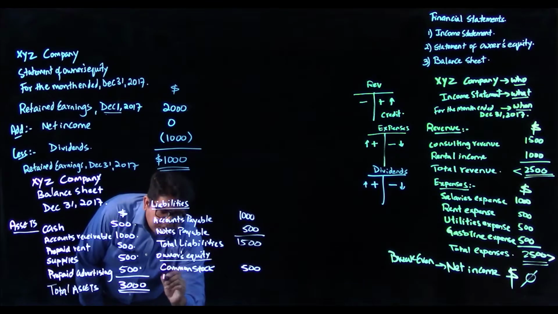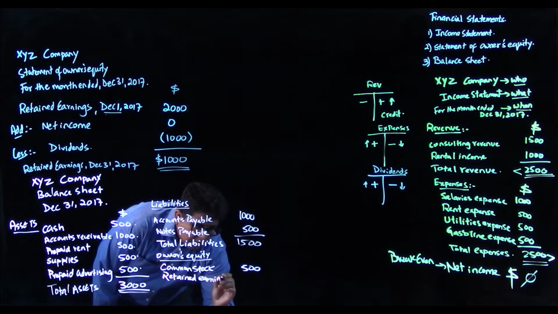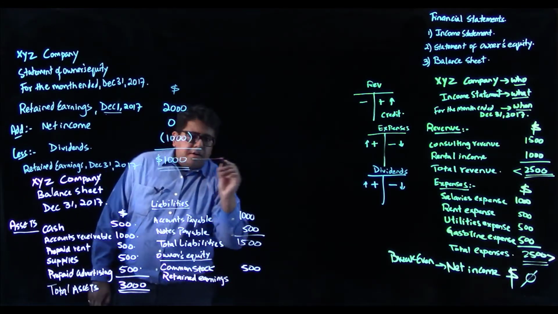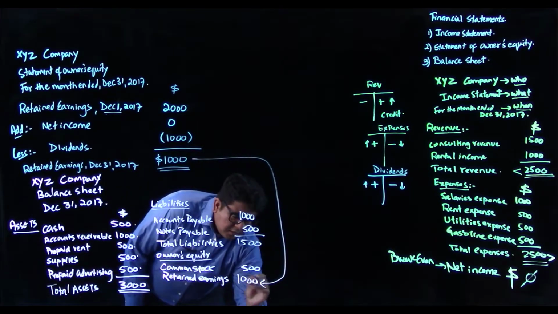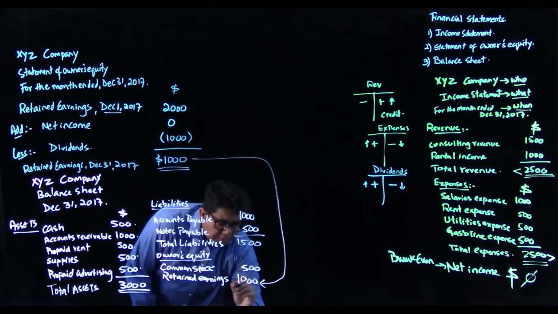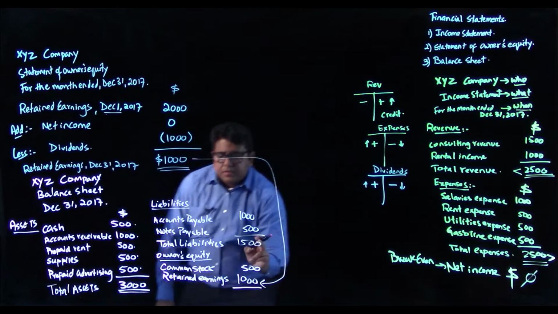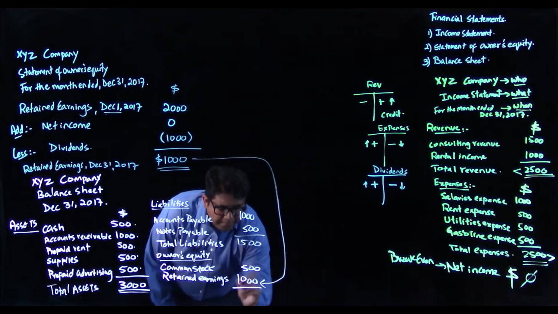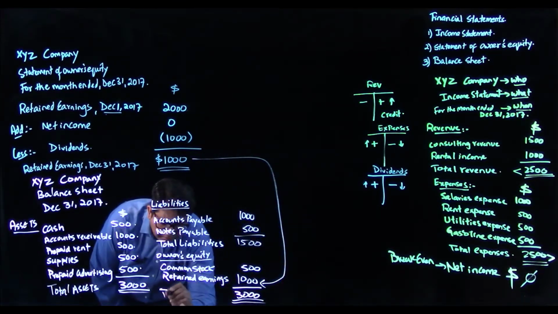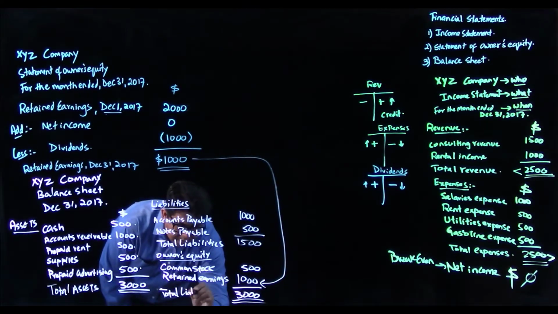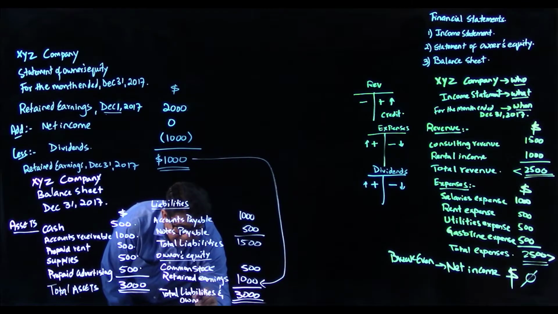Your retained earnings that we will carry forward from here to here were $1,000. So this comes out to $1,500, and you add the total liabilities, $1,500, you will get the $3,000, which is your total liabilities and owner's equity,